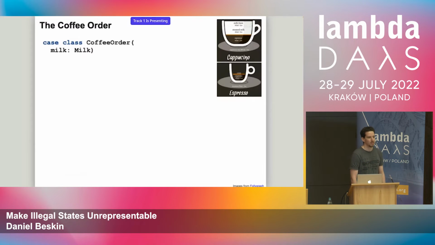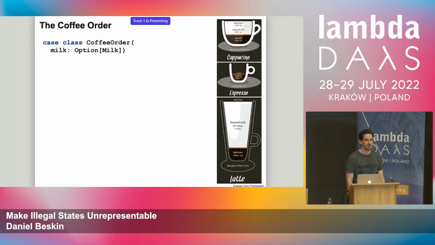So since you already know how to do cappuccino, espresso, apparently, according to this picture there, is pretty much the same thing, but minus the milk. So you make your milk an optional argument in this case, so that you don't require it anymore. And now, if you don't have milk, you make an espresso. If you have milk, you do a cappuccino.